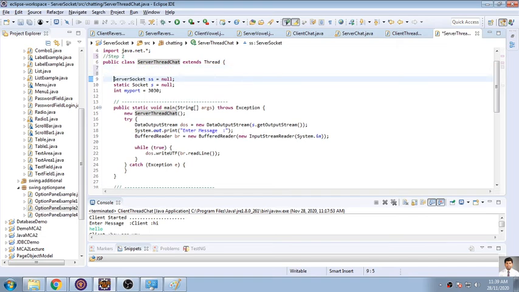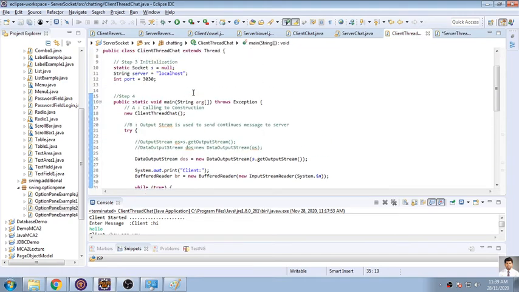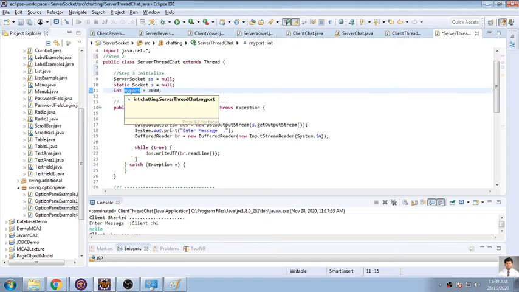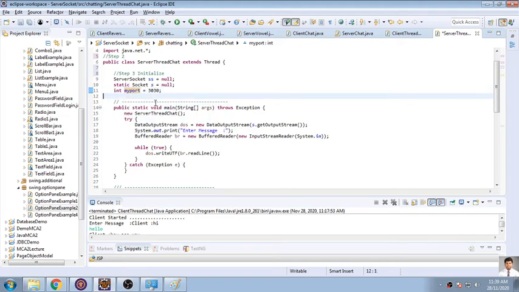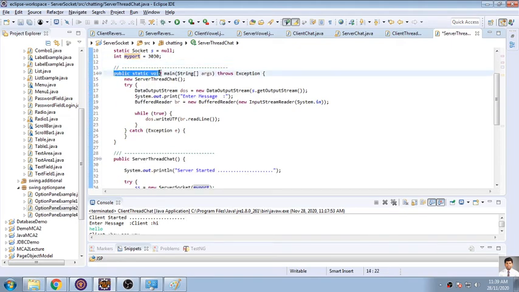Step number three is initialization. Whatever I need, I have initialized all of it. And you know there is a server socket, so you are using the server socket object SS, and socket should be static whenever you are moving to a multi-threaded application. So I am creating the socket, and I want to communicate on port number 3030, because in the client I have used that port number 3030. So this is my server port, 3030, and I have written code in my main function.